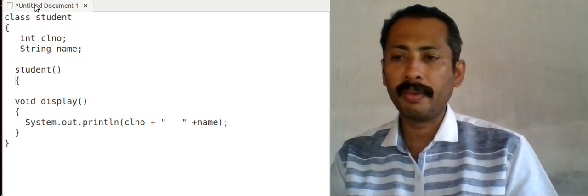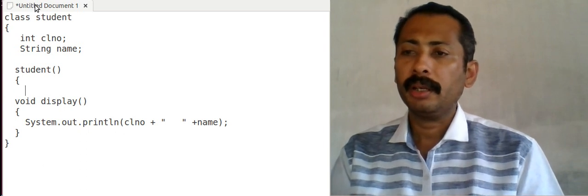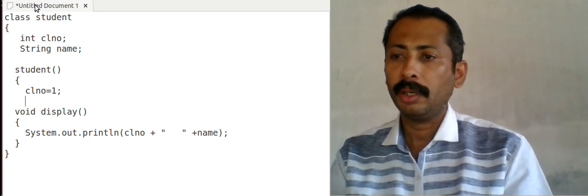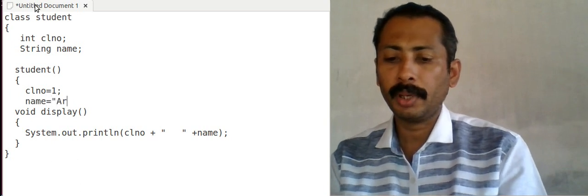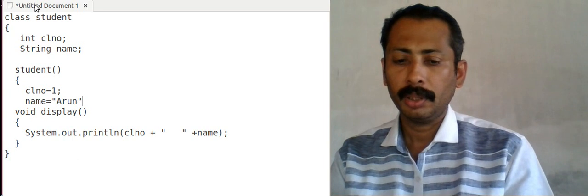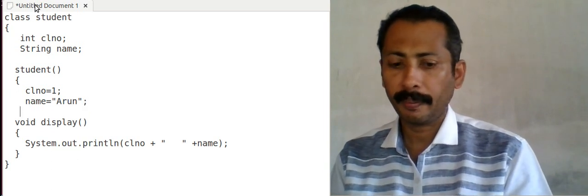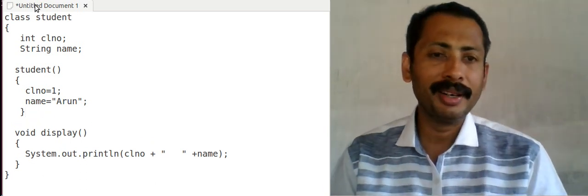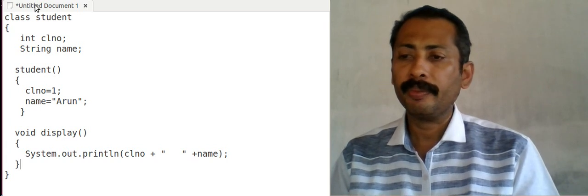It does not have any return type, and I am initializing values as class number equal to 1 and name equal to Arun. Okay, so I have initialized values to class number and name.